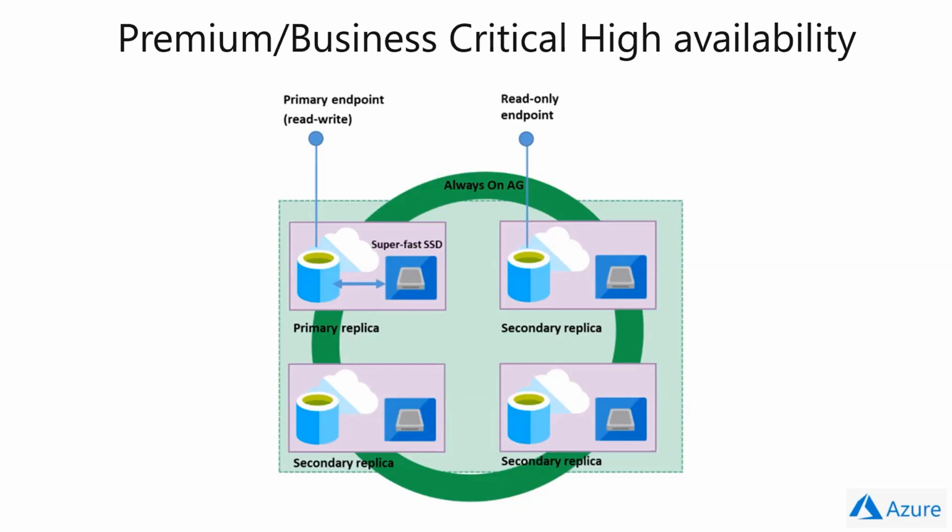And the failover is handled by the SQL Server database engine. So the workload is automatically redirected to the new primary node. And in this scenario, you only have one read-only. Now, this is what comes with premium business critical high availability. And also, we have native Azure storage redundancy.